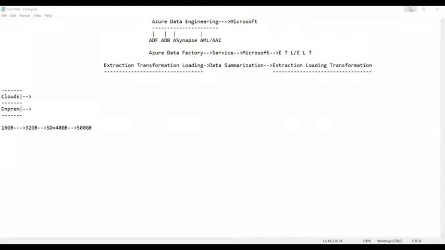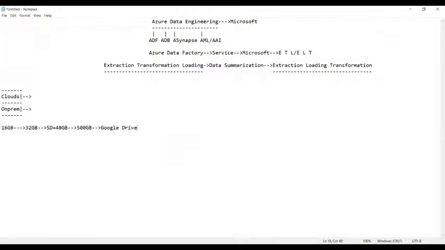Can you get a memory card of 500 GB for your mobile phone? No, we don't get it. Maximum we can get is a 32 GB memory card, I think. But I have to store 500 GB in my mobile phone. So what is the other alternative you can suggest? Google Drive. Yes, the other alternative is nothing but Google Drive, so I'm going and storing the data in Google Drive.